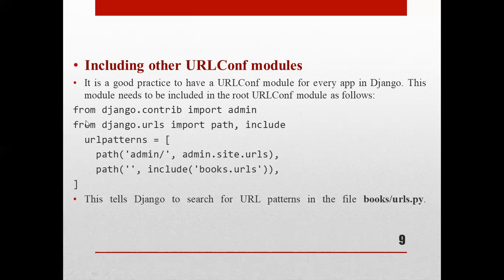From django.contrib import admin, then from django.urls import path and include functions. Now urlpatterns is equal to a list: path('admin/', admin.site.urls), then path('', include('books.urls')). This tells Django to search for the URL patterns in the file